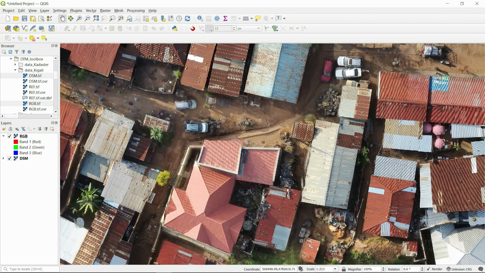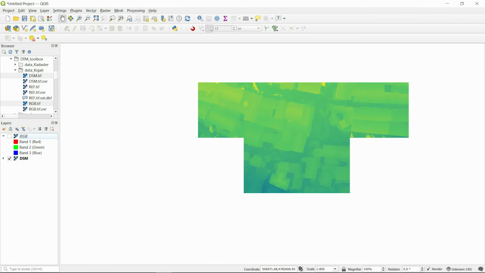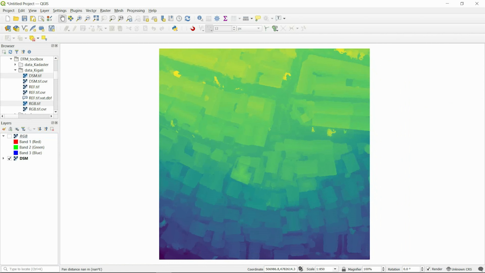But then for each pixel, so I can even show you one here. So a digital surface model is like this. Here what we can see is that every pixel, every part of the image has one value. In this case, the value is ranging from about 1,473 to 1,500 something. And what are those numbers? This is the elevation. So in this case, meters? Exactly, it's in meters above sea level. And so this digital surface model, or a DSM, will give you the height of each pixel.